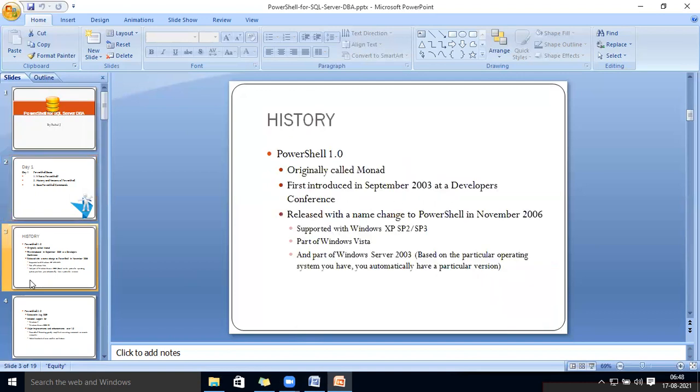So I am going to give a little bit of history of PowerShell. PowerShell was developed in 2003 as a developer configuration. After that, it was released as PowerShell 1.0 in 2006, after 3 years, and it was part of Vista and XP. You had to install PowerShell separately.